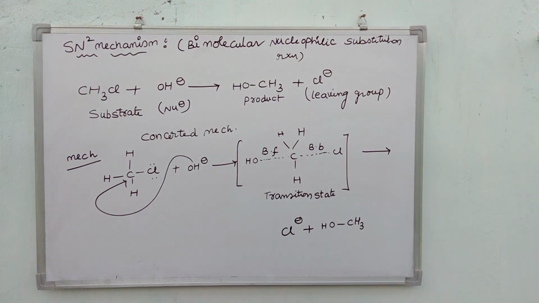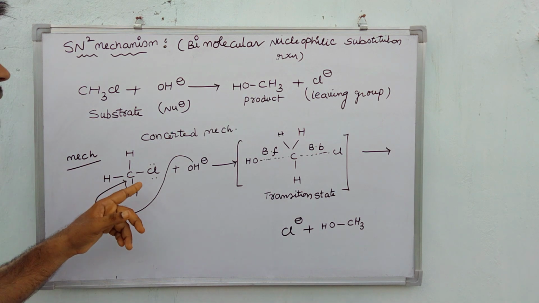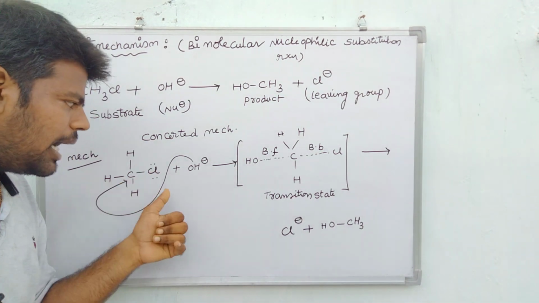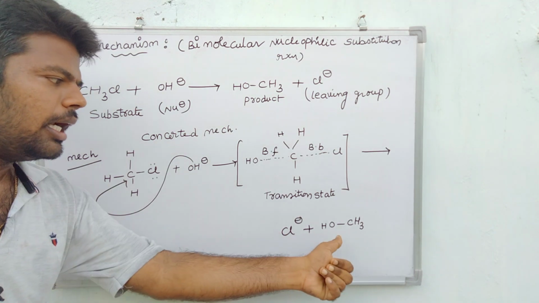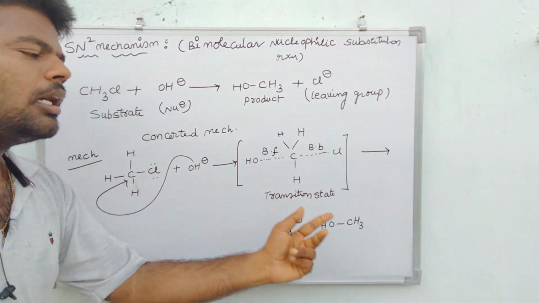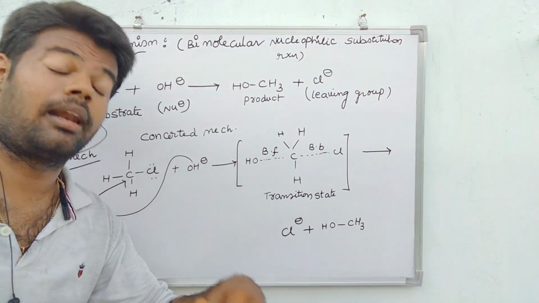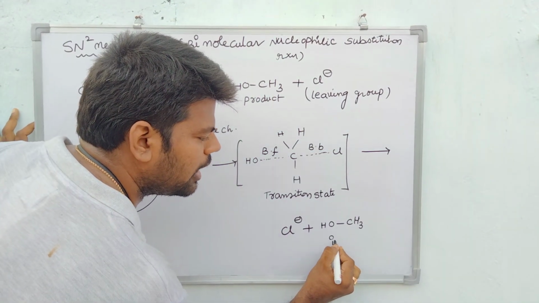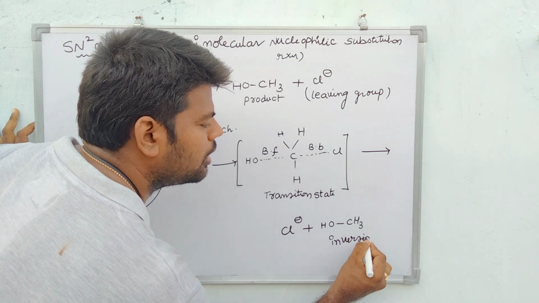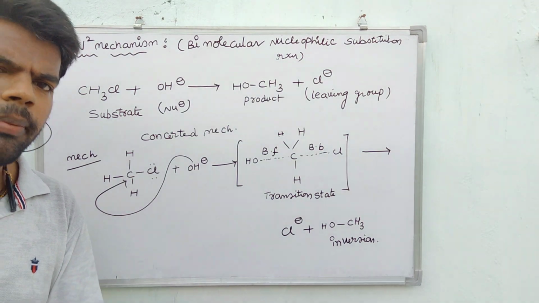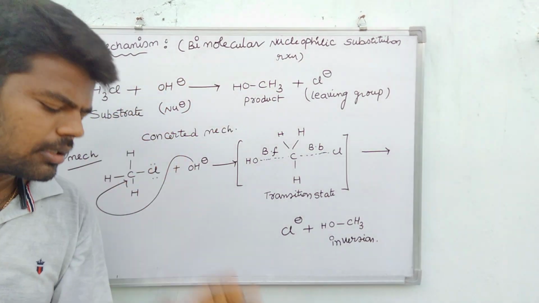Friends, observe one very important thing. In the substrate, the chlorine atom is presented on the right hand side. But the newly replacing group is presented on which side? The left hand side. That means the reactant molecule is converted into a product with the reverse configuration. Therefore, the SN2 mechanism is said to be what? Inversion. Which configuration will be obtained? Inversion configuration will be obtained in the SN2 mechanism, friends.